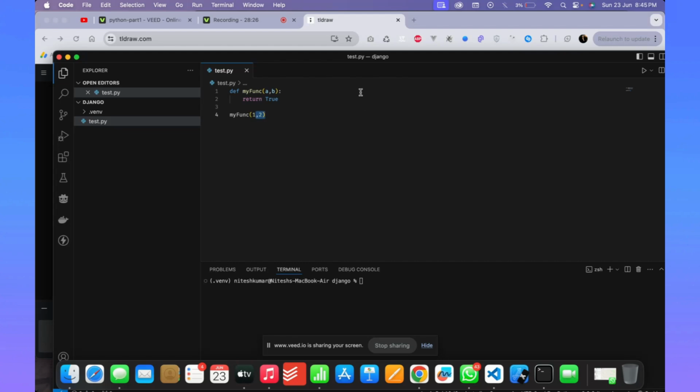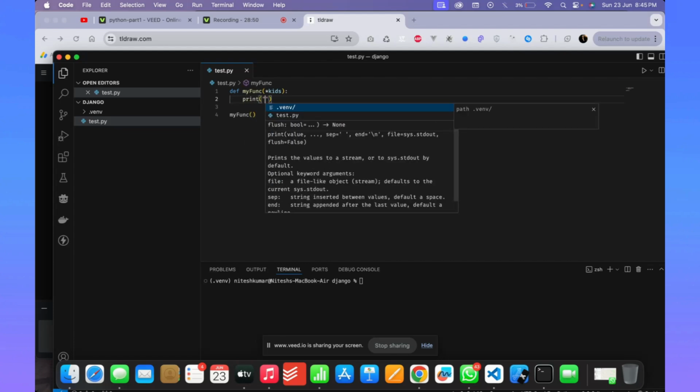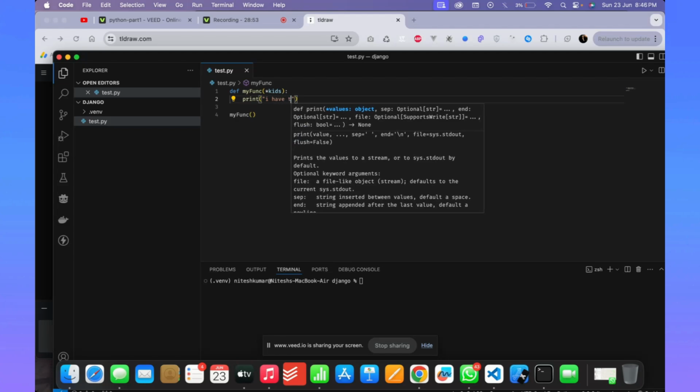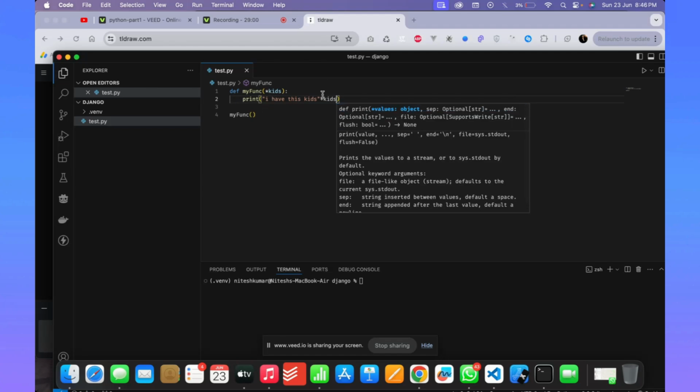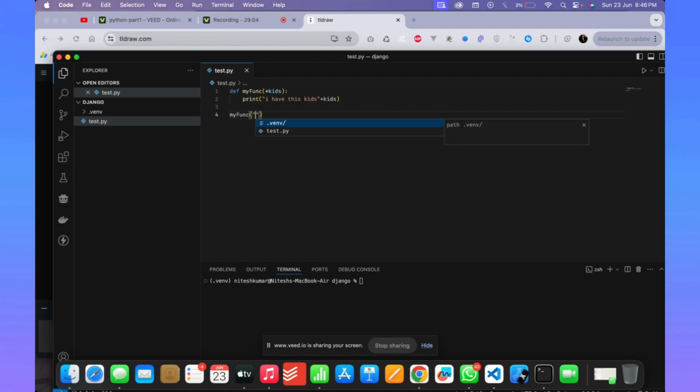So let's do something like this. Let's say I'm passing it as kids. I don't know how many I'm going to pass. I'm returning a string, not printing. So I will print this kids, and I will pass whatever kids I have. I will pass the kids as ml, and then toga, and then clove. Now see, if I run this,